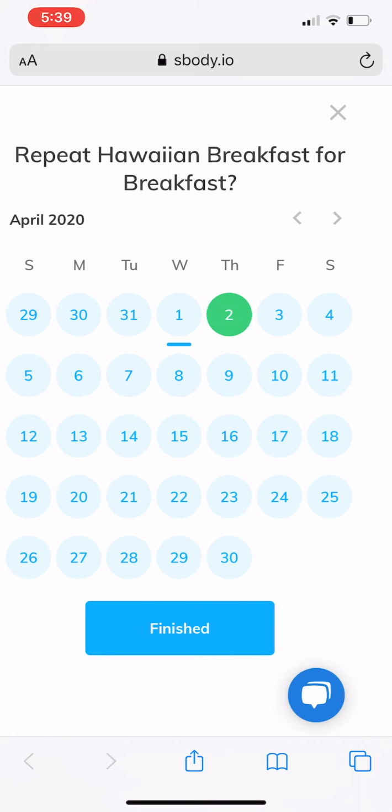And it's asking me, do I want to repeat that Hawaiian breakfast throughout the week, just to make things simple for yourself? Some people like to keep that simple continuity in there. So let's say we want to do the same for Friday the 3rd, Saturday the 4th, Sunday the 5th, and Monday the 6th. We could go right through the month if you wanted to. Hit the finished button, and then when we go back into the planner,